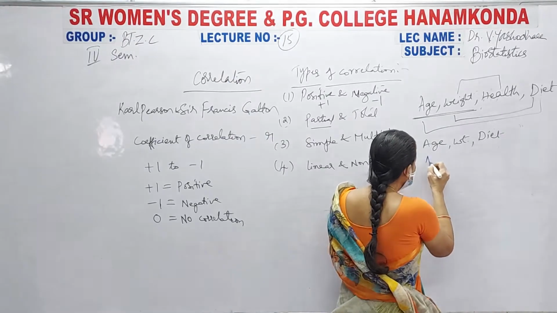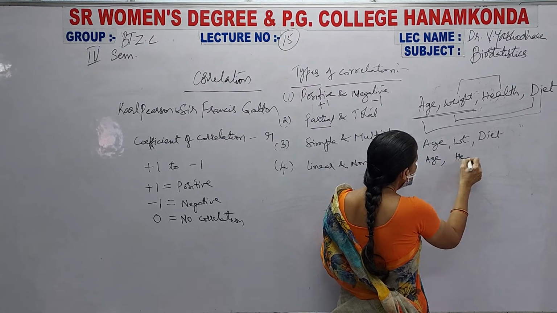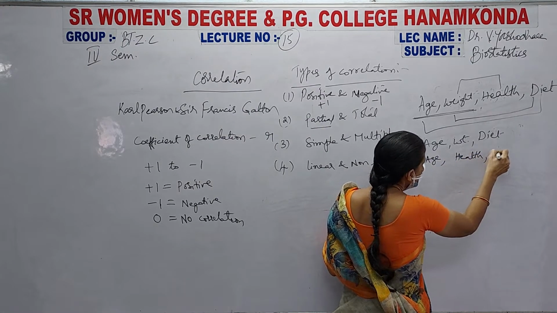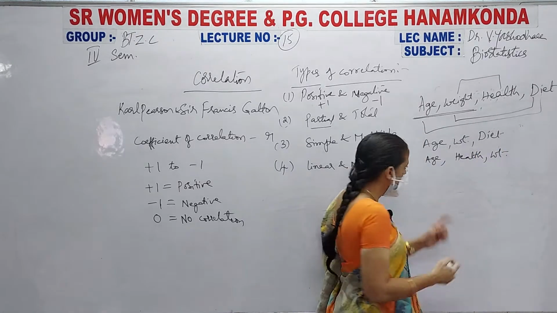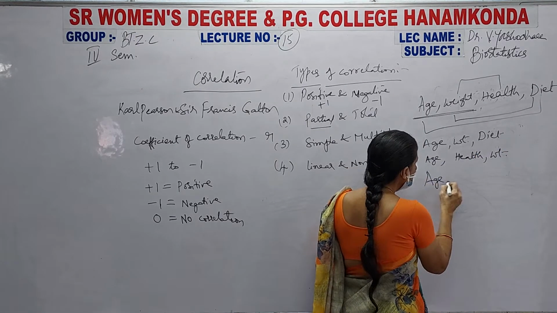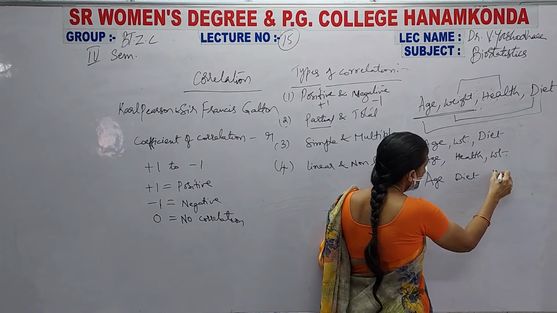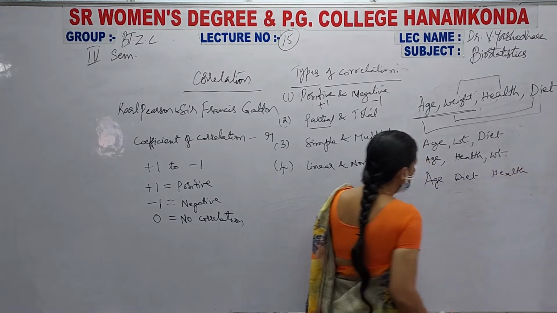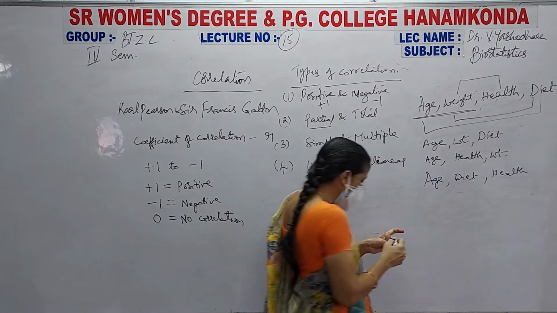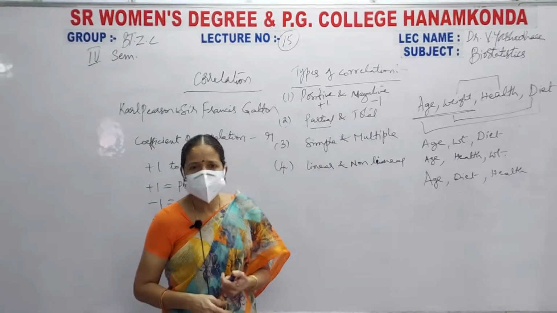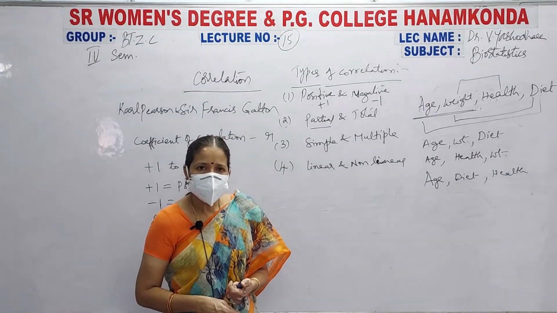Next, age, health and weight. Next, age, diet, health. That means three variables or more than two variables are taken into consideration for the measurement of correlation is known